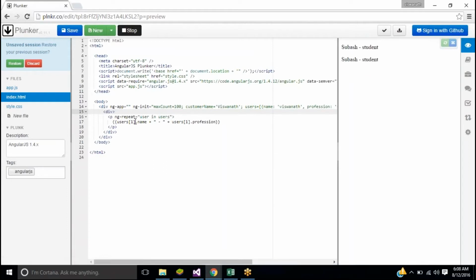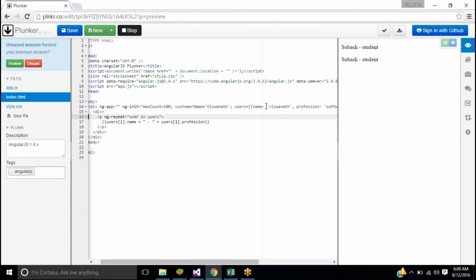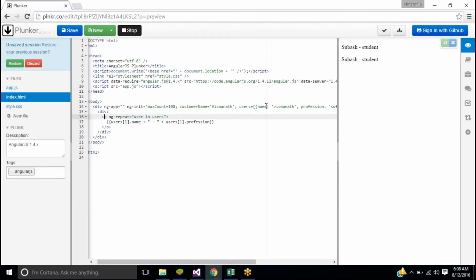Now if you see, both of them are coming as the same names. Why? Because I have 2 entries in my users, right? My array has two objects. This ngRepeat is an attribute, for your information. So wherever I use this, the content inside it will be looped array-length times. The array length is 2, so this content is looped that many times and rendered.